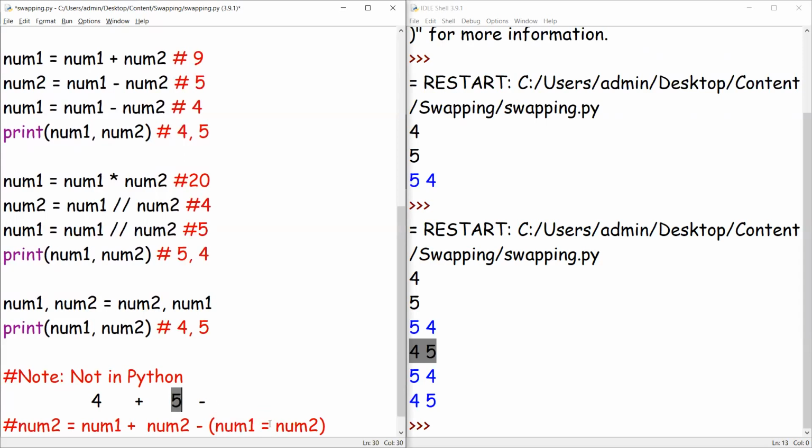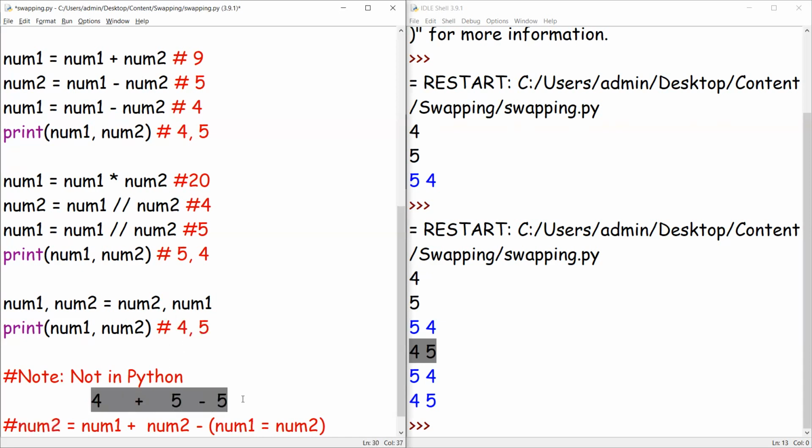It is the value 5. So num2 would be assigned to num1. So num1 would be changed to the value 5 here, and we will be subtracting the value 5. So 5 minus 5, the value would be 0, and the value 4 will be assigned to the variable num2. Here num1 is the value 5 and num2 is the value 4. So nothing but the values 4 and 5 are swapped.